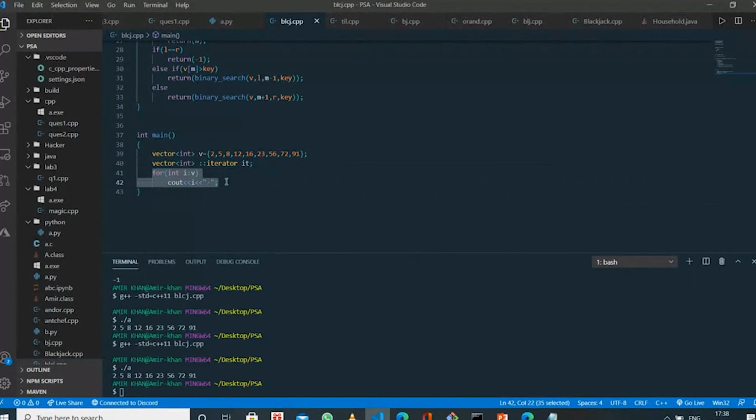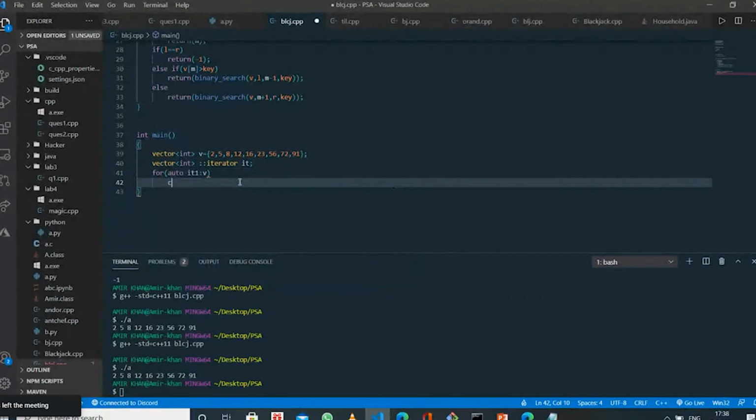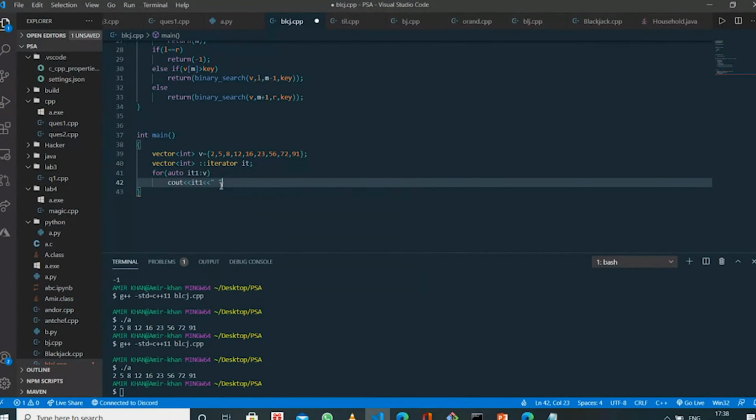And also you can use the auto keyword, for auto i colon b. It will also give the same answer.